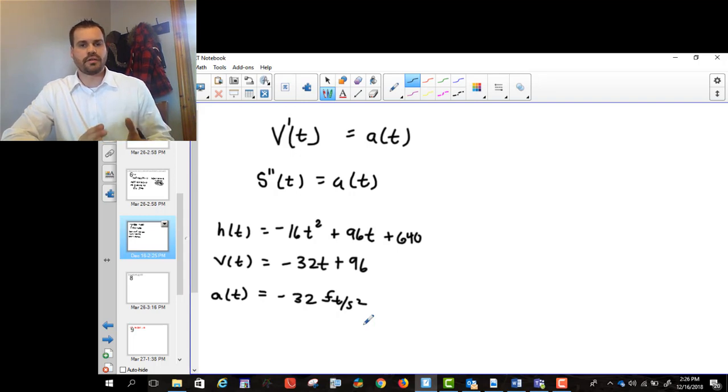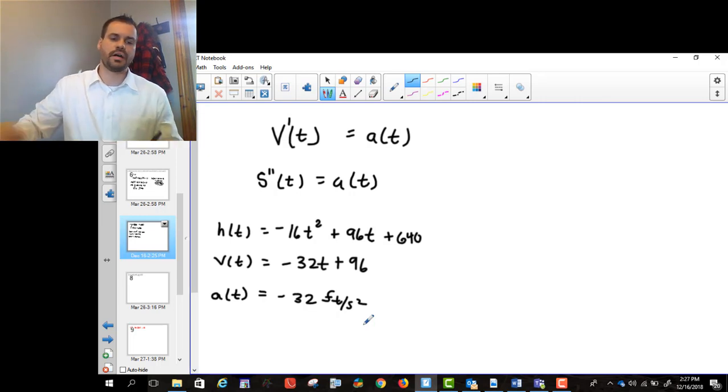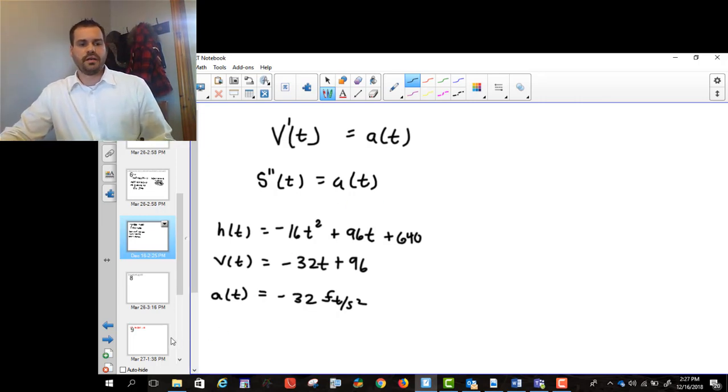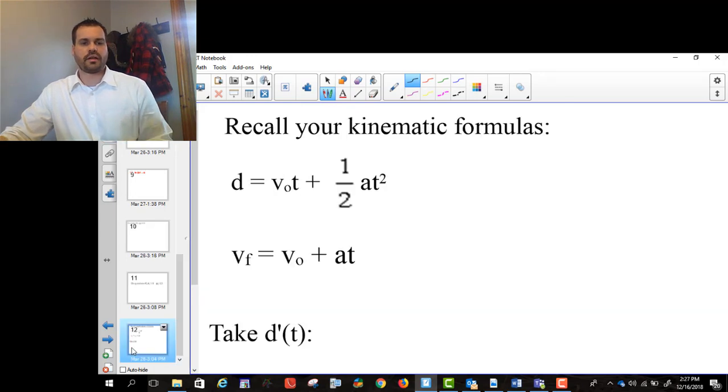But you basically just have to understand that when it comes to kinematics, we can solve them using our physics formulas, or we can use this information that now that we know how to take the derivative, the derivative of displacement is velocity, and the derivative of velocity is acceleration. And what's kind of neat is you can see this happen even in the kinematic formula. So if you think about this formula,